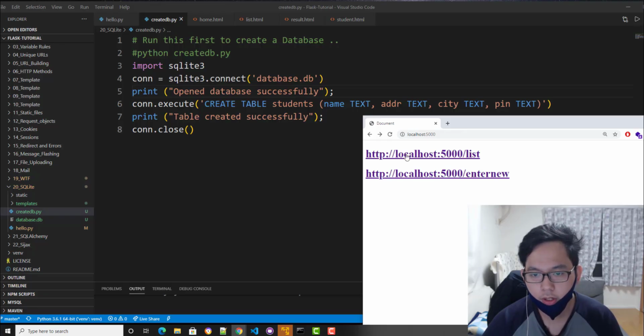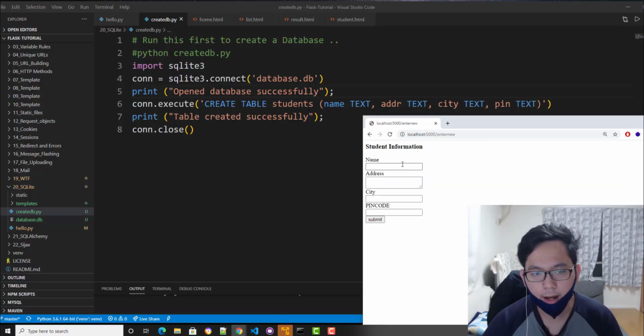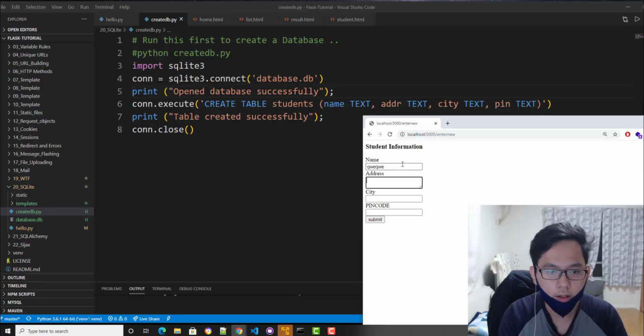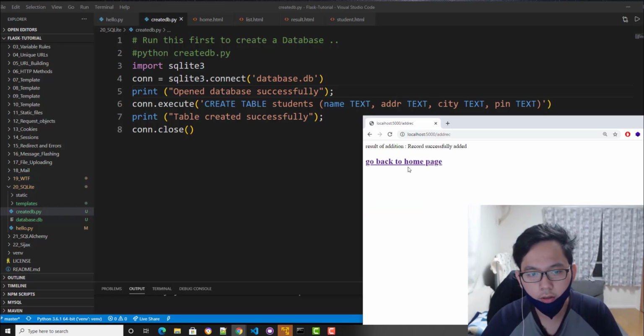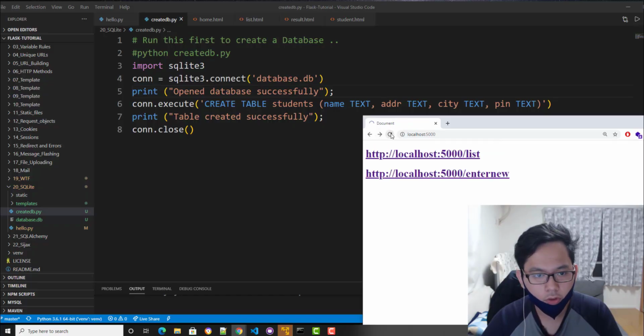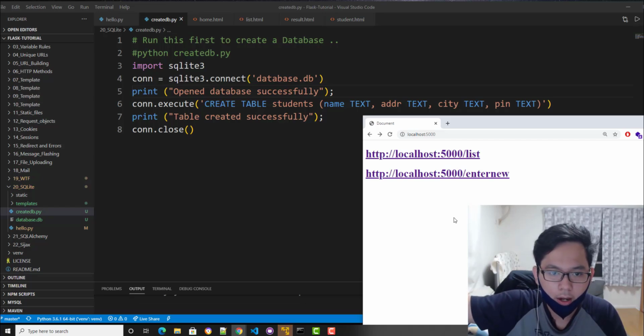For example, this one, I have a Flask program that can add, and let's say like that, and we submit it, go back to the homepage and list. So it's kind of like this, so it's easy to practice. I have the code anyway, you can download it on my GitHub. And yeah, I'm going to explain a little bit how you're going to use it.